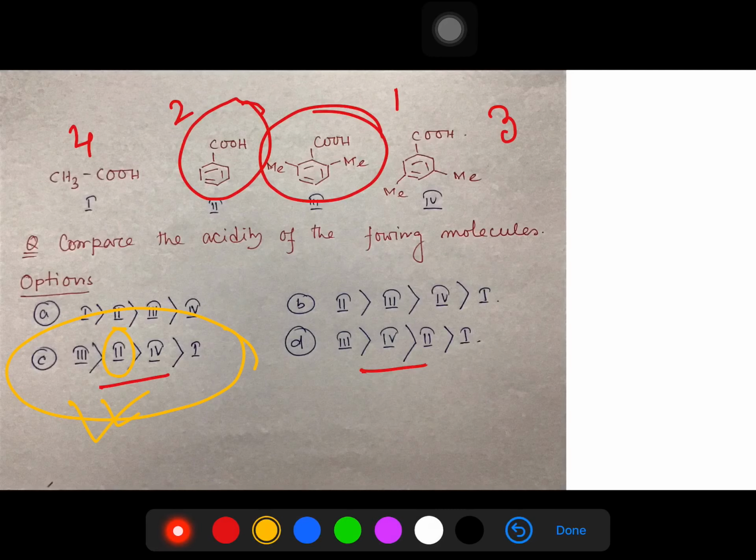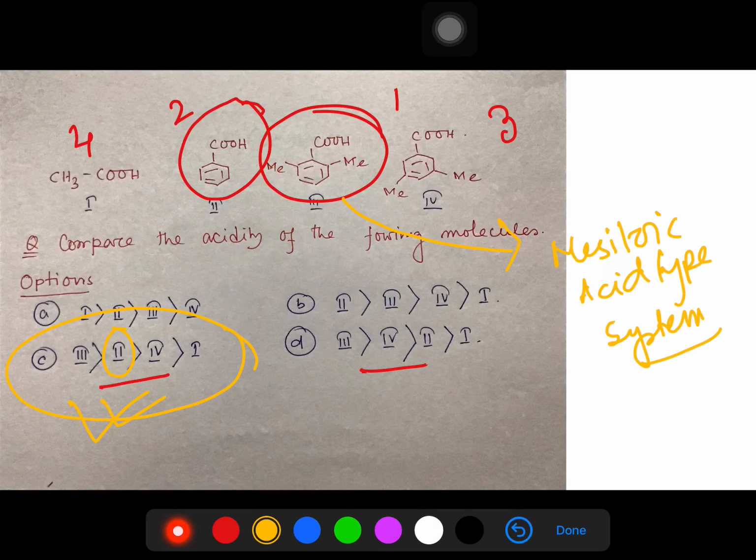So now if such a question comes in the exam, within 30 seconds how can you solve it? First of all, you have to think about the stability, and second you need to know such kind of system, not exactly mesitoic acid type system. In this case, because of steric repulsion, this carboxylic group remains out of plane, so consequently minus I will occur. Compared to this, which is a plus I, all benzene, in this case minus I as well as plus R occur, and plus R dominates. So first of all, this must be extremely fast acidic.